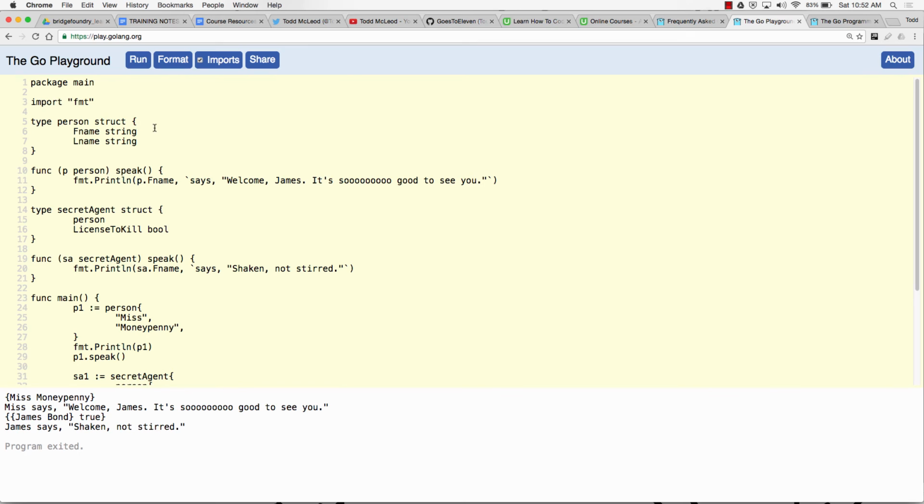And in other languages, they say public-private. You don't say public-private in Go because that comes with baggage from other languages. All you do is make something capitalized. It's exported or visible from the package. Lowercase, it's not. All right, cool.